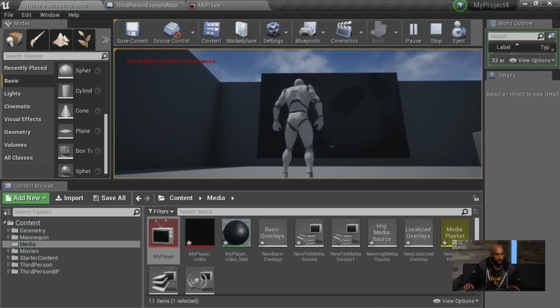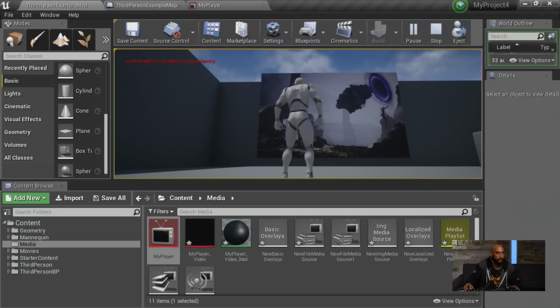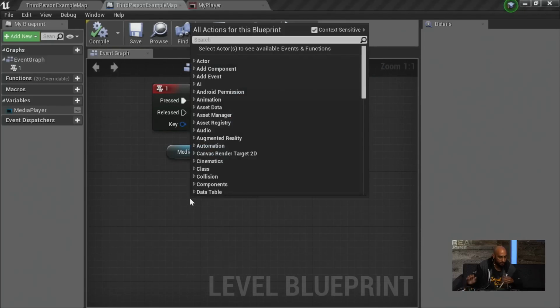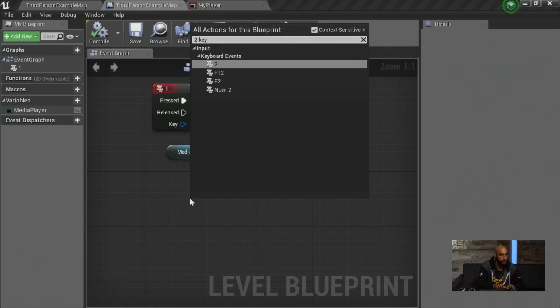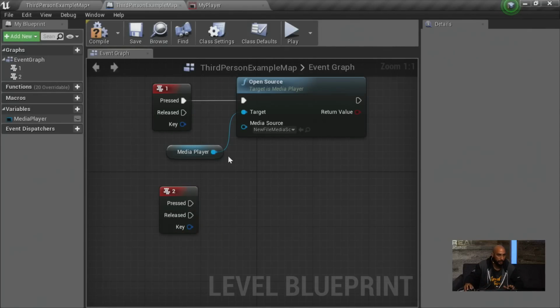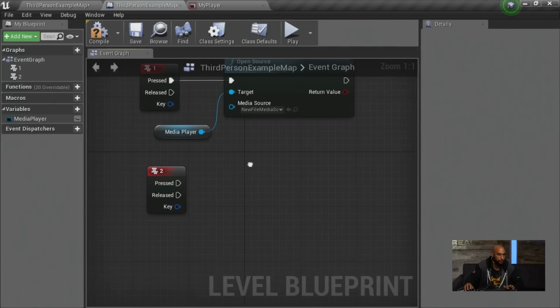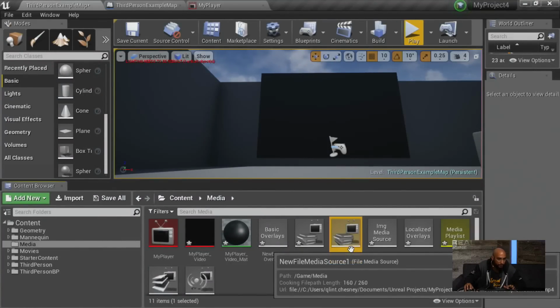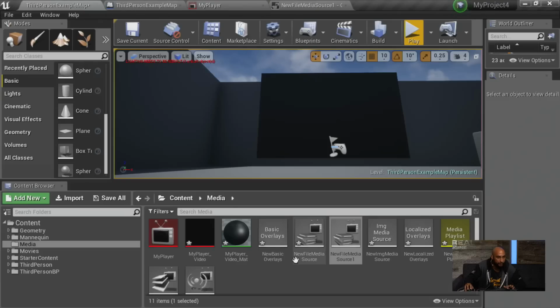Okay, let's talk about some of the other things that we could do here. Let's go back to our level blueprint, right click and add a keyboard event. So 1 opens our source. Let's change that to our multi-track media source, which is this one here, I believe. I'm actually going to rename this so I know what it is. We'll just call it